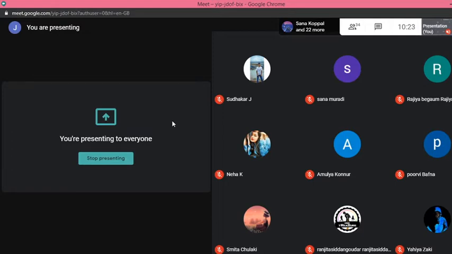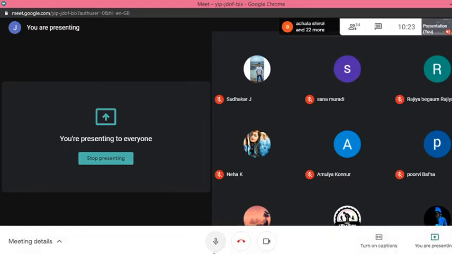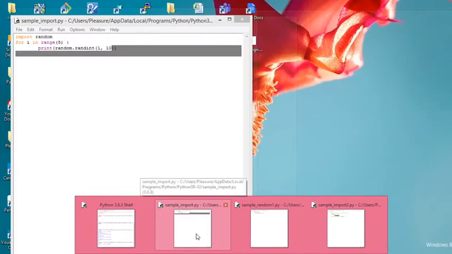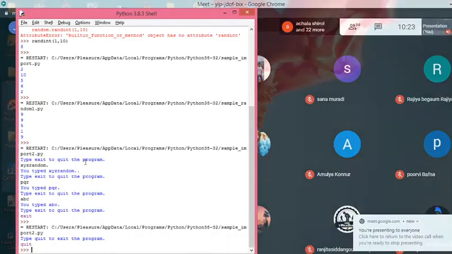The basic definition of a function is a set of instructions to perform a particular task. That's all you know. But in Python, functions can be called a piece of reusable code. Write once, use many times. That's why we call it reusable code. Just write once and use many times. Just to understand this statement, I'll show you with some execution.